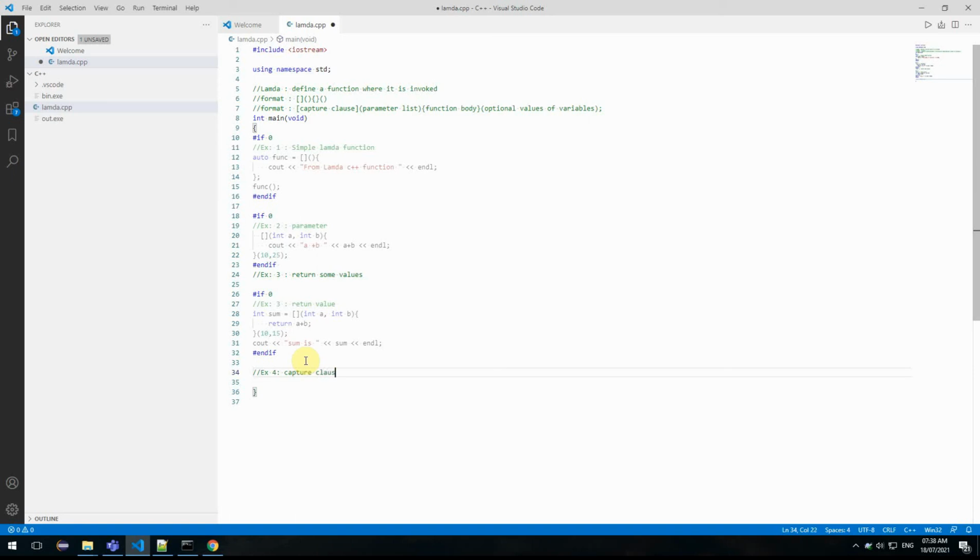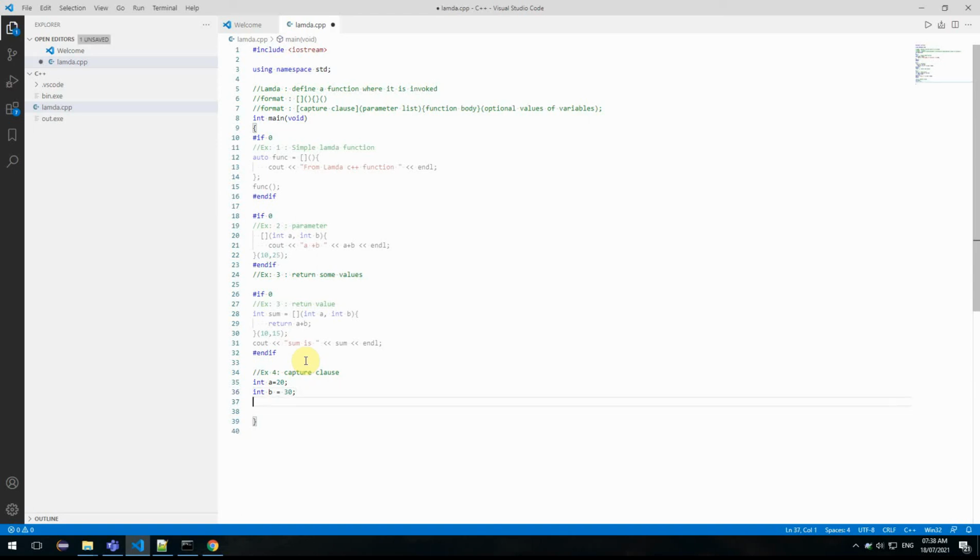So let us use the capture clause here. For that, I will have two variables. Let us assume a is 20, and int b is 30. So I have two variables here, and I'm going to use these two variables in the lambda